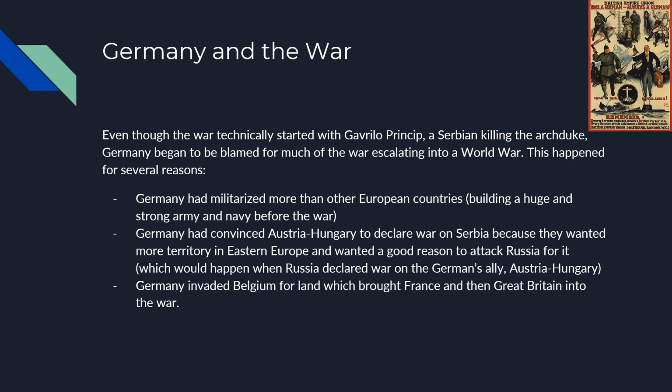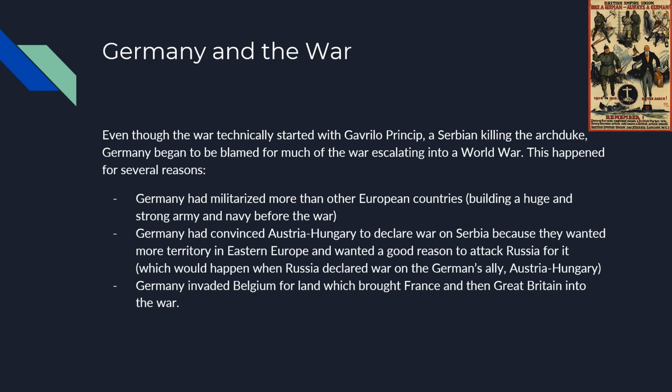And this happened for a couple of different reasons. For one, Germany had become a much stronger military power before World War I. Because they were such a young nation, they had really militarized and built up their armies more than any other European country. They built a huge and strong army and navy before the war, and this made people feel like,